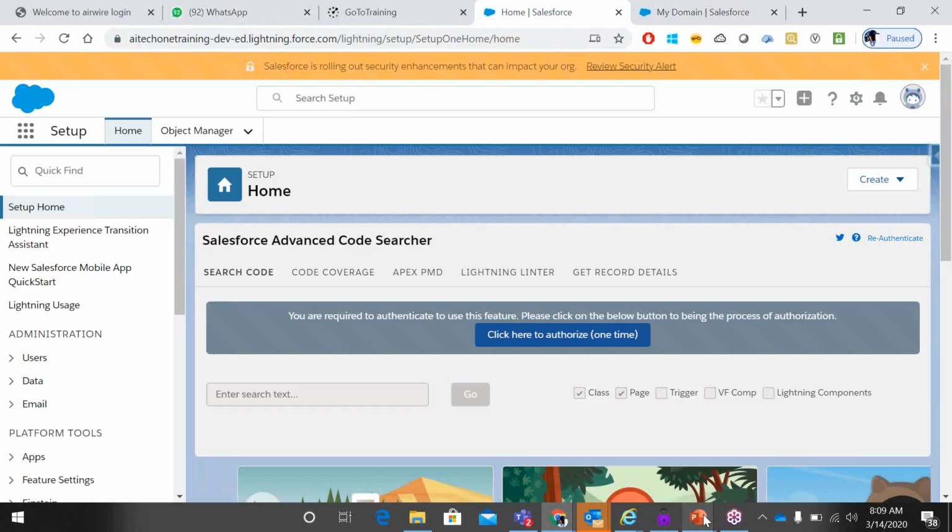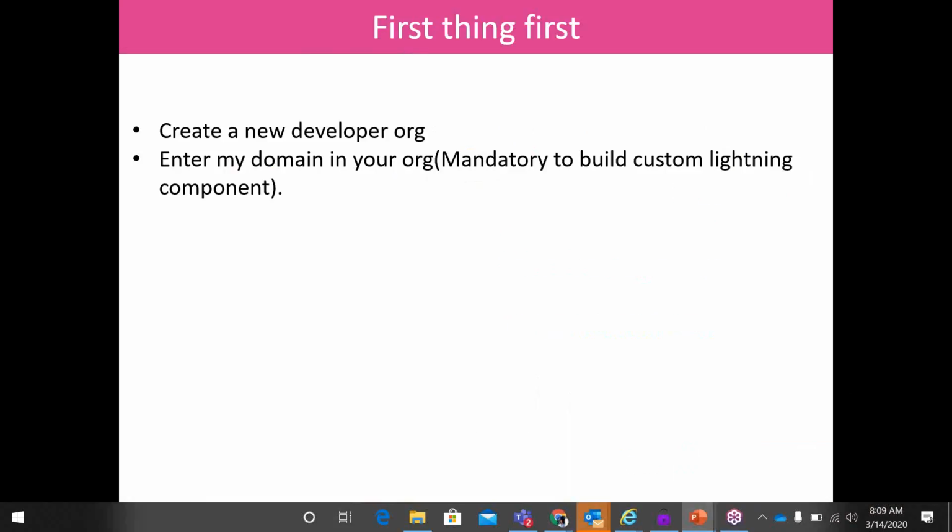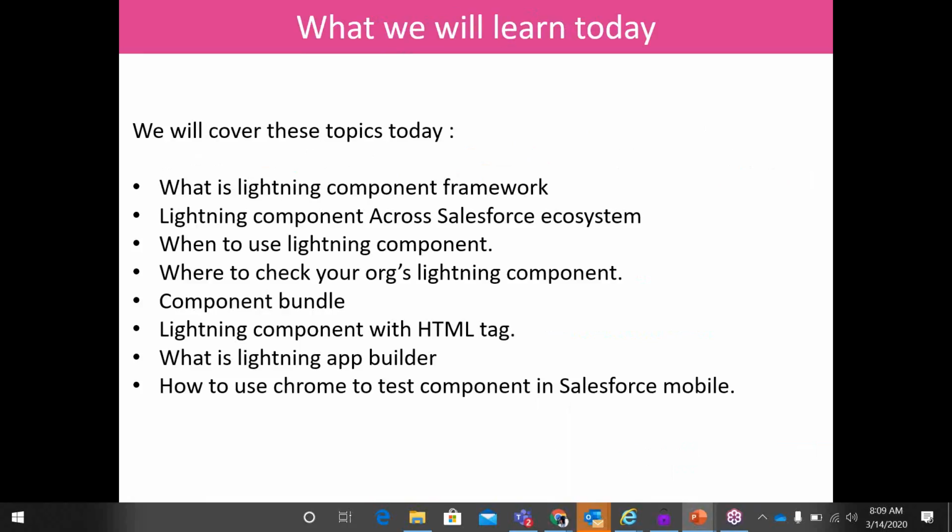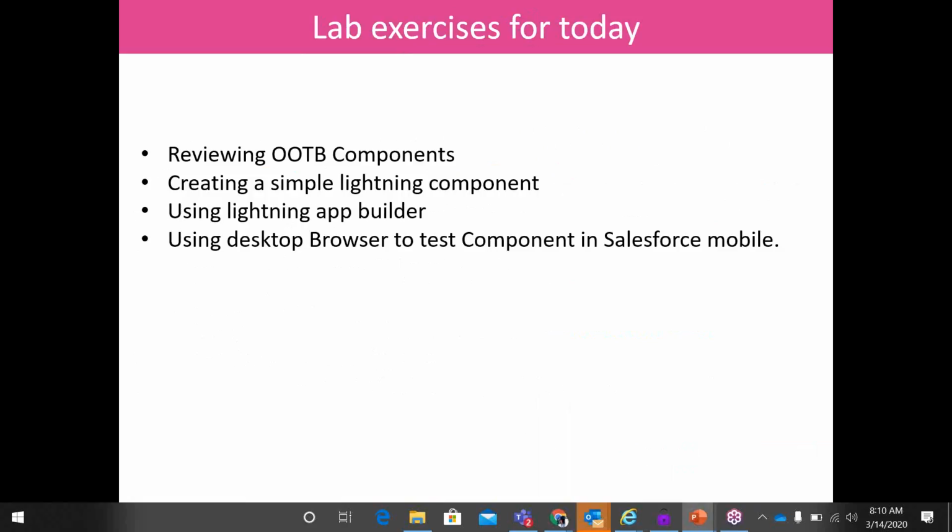Now, moving to the next slide. We are going to cover these topics today. What is the Lightning Component Framework? Lightning Component across the Salesforce ecosystem. When to use Lightning Component, where to check our org's Lightning component bundle, a Lightning component with HTML tag, what is Lightning App Builder, and how to use Chrome to test components in Salesforce Mobile. Right. So these are the topics which we'll cover today, and we'll have a lab exercise also for today,